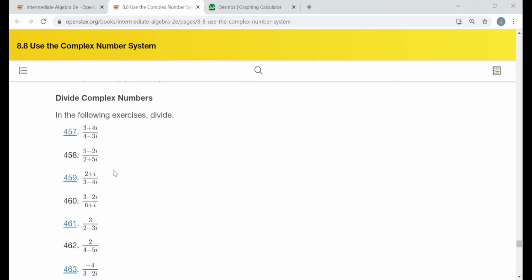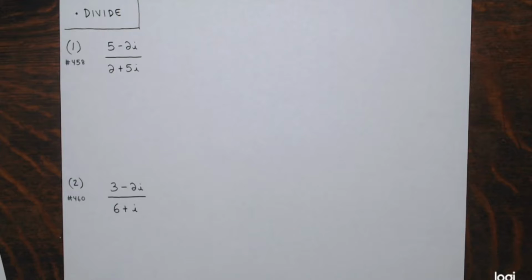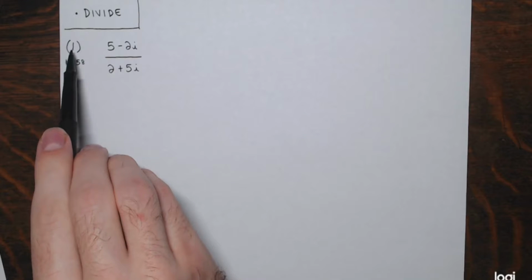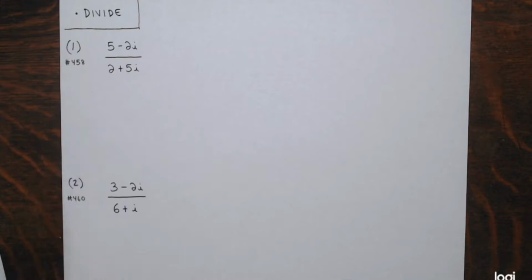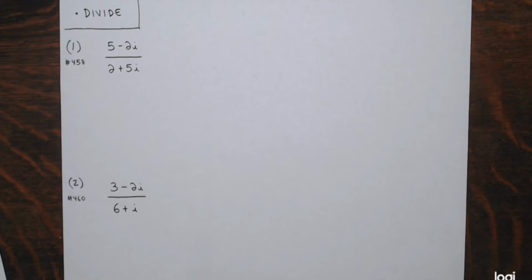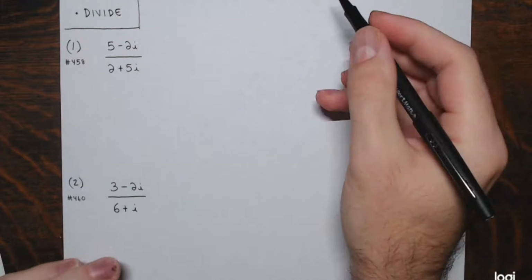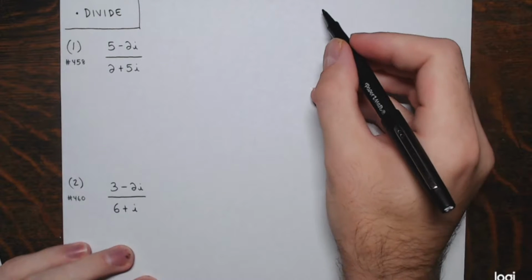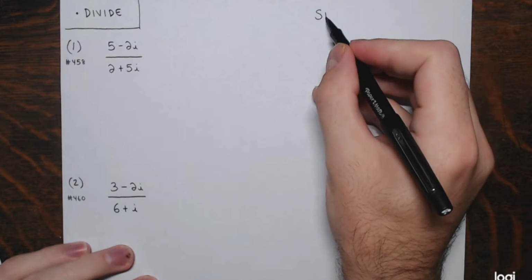Okay, so the first question is number 458, and I have these written out. So you see example 1, exercise 458. We're asked to divide some complex numbers. And what I'm eventually going to end up doing here is I want to write every single result in what's called the standard form